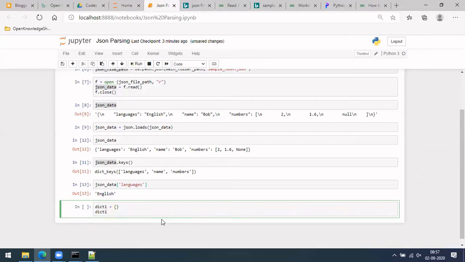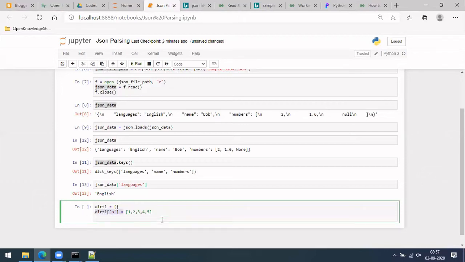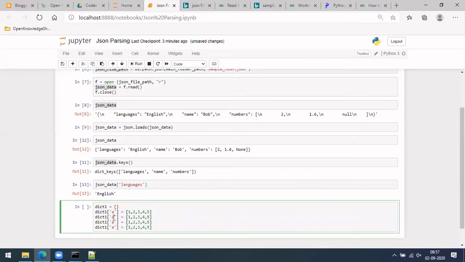So dict1 of a would be 1 2 3 4 5, and then C, D. Some numbers randomly given here.